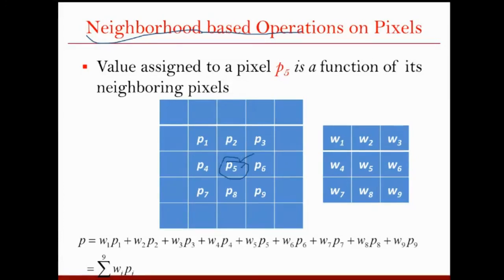Now, when you are adding, you are not adding exactly the value that you have. You want to also give some weightage to these pixels. Let's say you want to say that this pixel is more important for me to compute the new value for P5. This pixel, let's say in the diagonal, the pixels are not very important, but the pixels which are up, down, left, right, they are more important. So relatively, you can assign weight to these pixels.